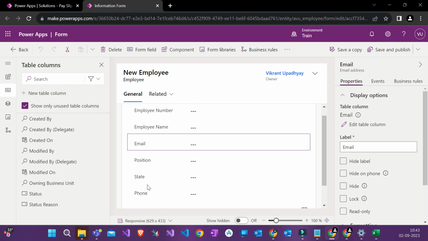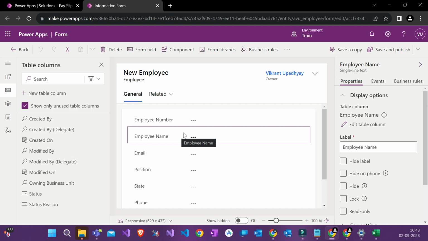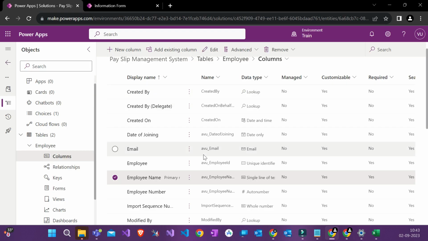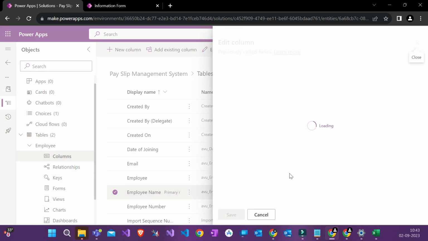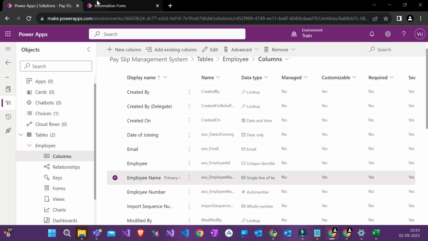But we'll not keep it required because when we are testing, especially in trial, we are learning, we'll keep it blank. You want to test some functionality, then you need to enter all these details, which will be very frustrating. Suppose you have to test some integration between two tables, you have to create a new record for each integration testing, then it will become a hassle. So we'll just make this business required, and then we'll move along, just so that you know how to make business required and how not to.